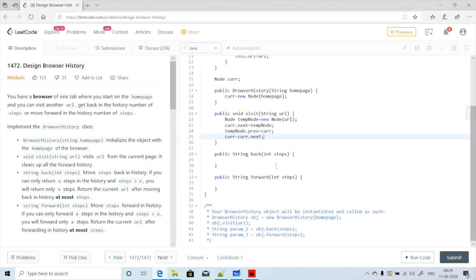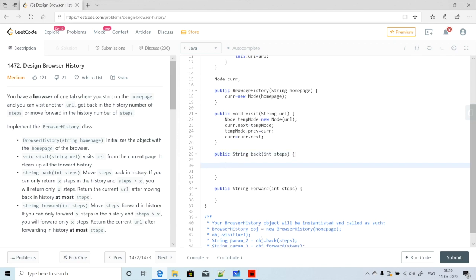Now let's write down the logic for the back method. In the back method we are given a number of steps. We would like to iterate till we reach 0. The other condition is if the number of steps is greater than the entries in the back history, then we would like to return the last URL we have. So we will iterate while current.previous is not equal to null and steps-- is greater than 0.